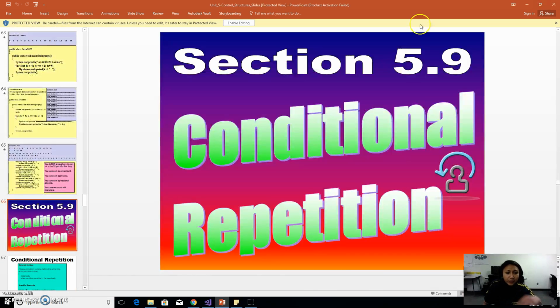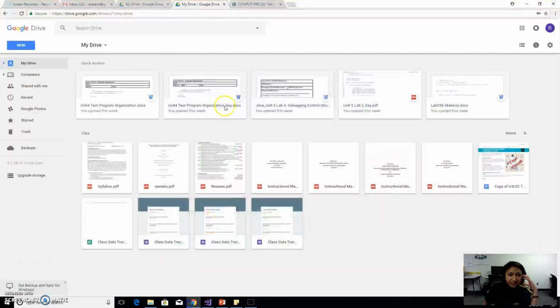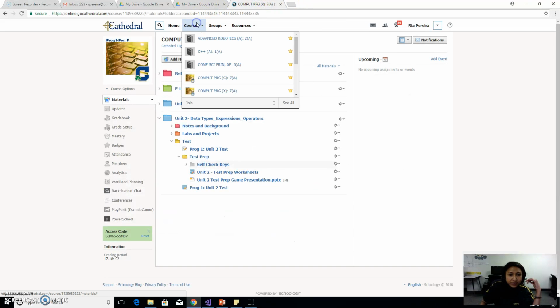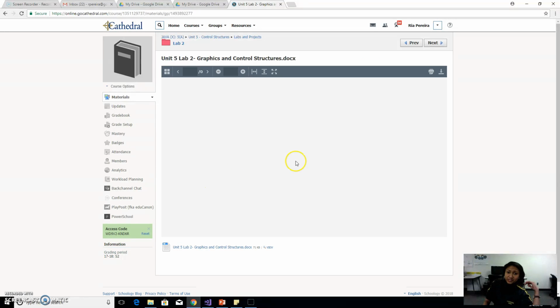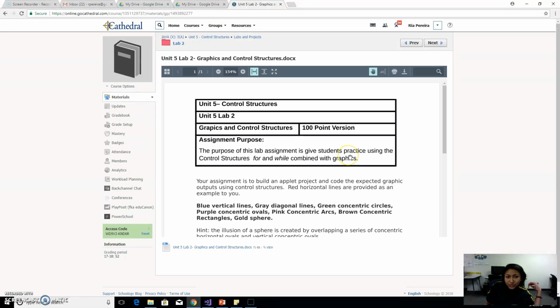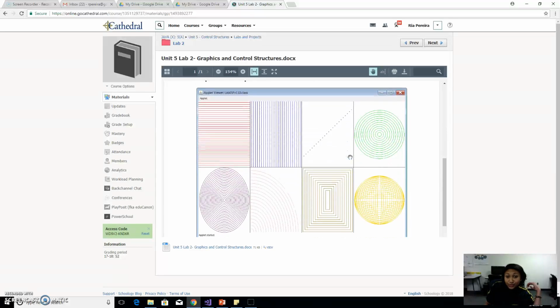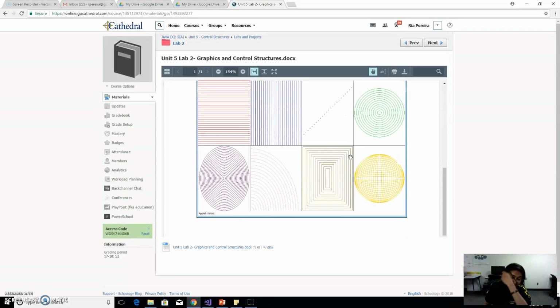if I quickly open it up, if you go to your Java folder, in your labs and projects, you all will see something like this one, graphics and controlled structures. This is what your lab 2 is going to look like. You are going to make an applet in this, and